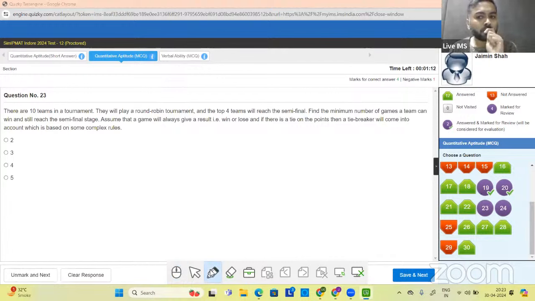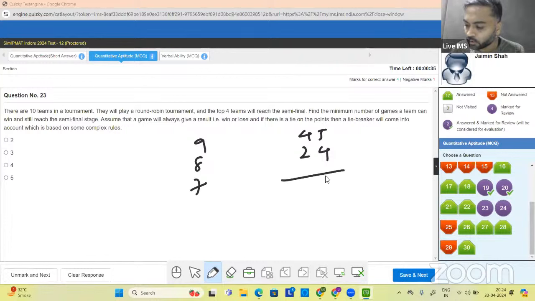Find the minimum number of games a team can win and still reach the semi final stage. टॉप 4 टीम को पहुंचना है। So 10 टीम है। सो पहला टीम 9 जीतेगा, फिर 8 जीतेगा, फिर 7 जीतेगा, तो 24 जीत गया। Total 10C2 45 गेम्स होंगे, बराबर। 45 गेम्स होंगे, so this is 21 left. And now 7 teams है, so 7 teams, each team will win 3 and still can reach the next stage. ठीक है।